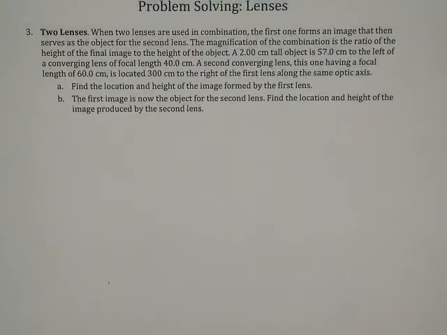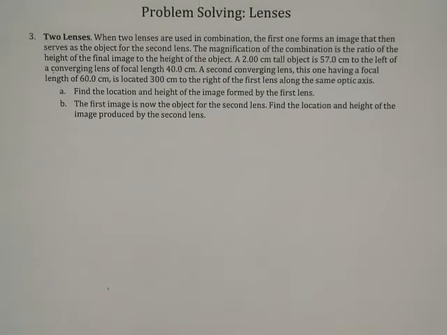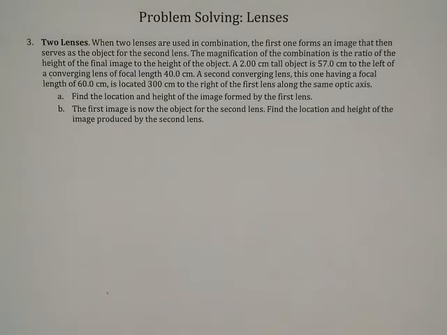The third problem uses the same type of analysis, but this is illustrating what we can do when we have two lenses in a system. So it reads, when two lenses are used in combination, the first one forms an image that then serves as the object for the second lens. The magnification of the combination is the ratio of the height of the final image to the height of the object. A 2 centimeter tall object is 57 centimeters to the left of a converging lens that has a focal